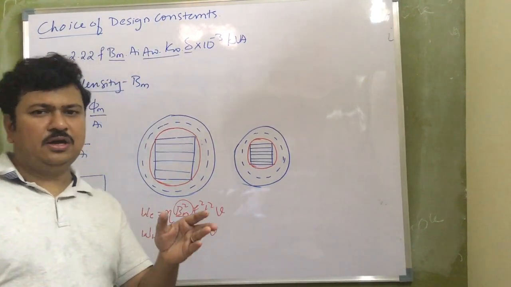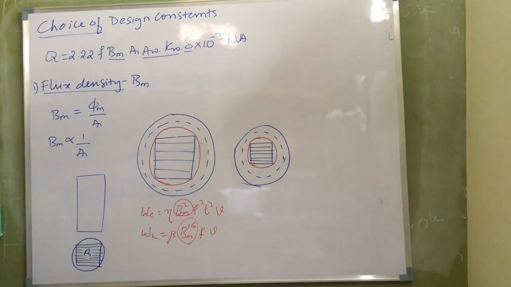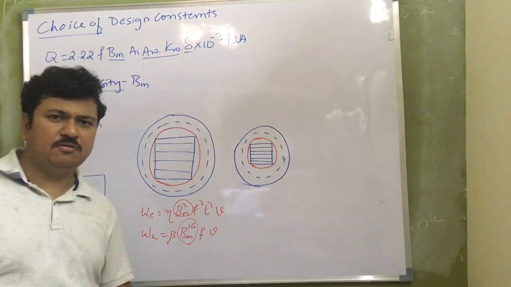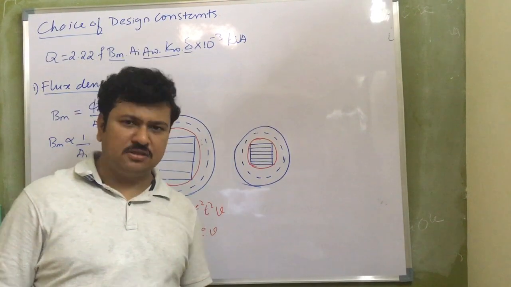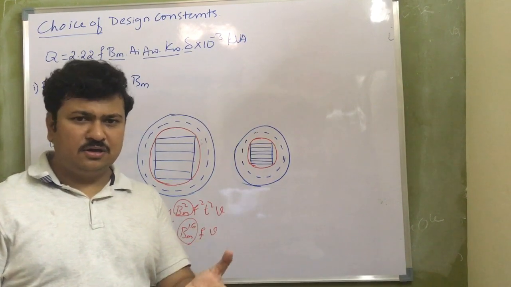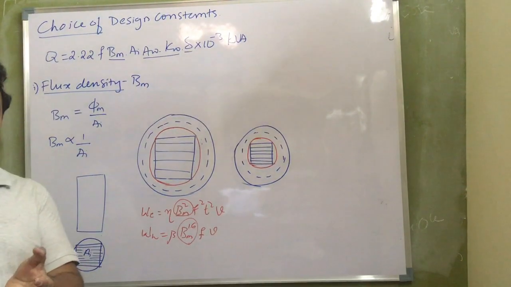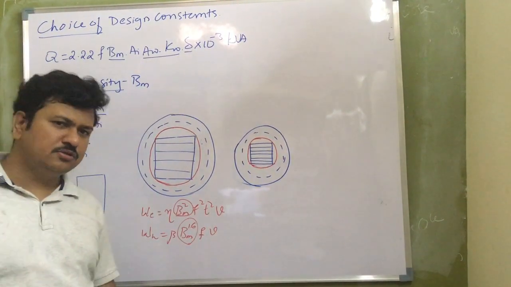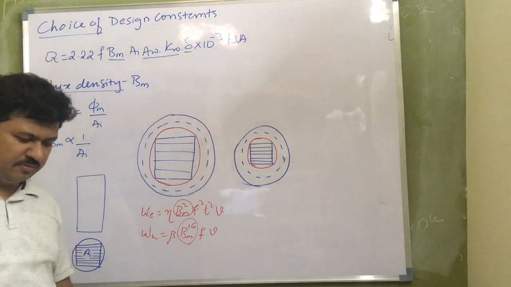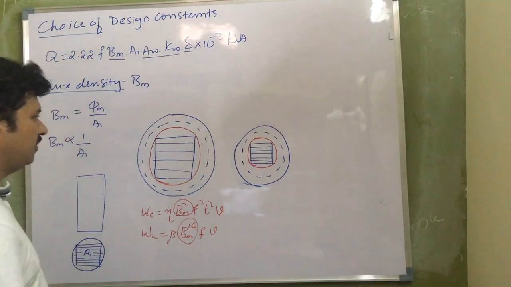Now if we have a larger or medium size transformer using shell type, then it is difficult to have a large value of flux density, because if the area of iron decreases below a certain level, it may not have sufficient mechanical strength. Because of large mechanical stresses due to the placing of windings, after a certain amount of time the core may start getting deformed in its shape. So the value of flux density depends upon the type of transformer and the service conditions of the transformer. Permissible values of Bm are, I will write this.